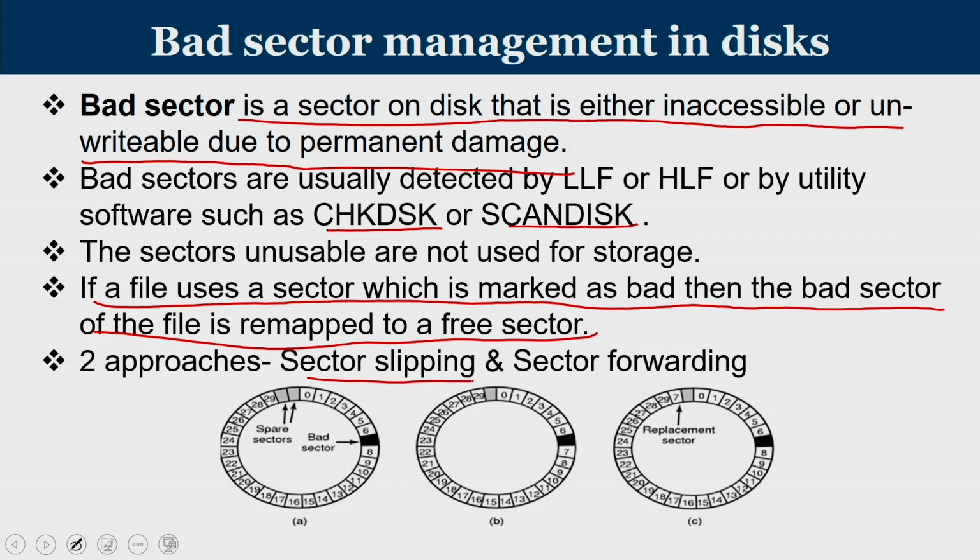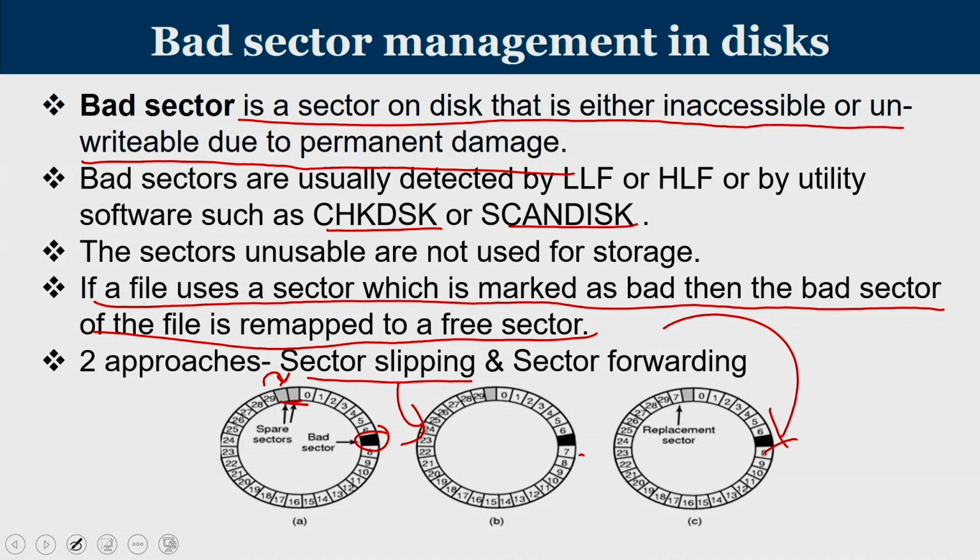One is called sector slipping. So, imagine that your sector number 7 is faulty and you have 2 extra sectors in the same track. They are called spare sectors. If I copy this sector into one of the empty sectors such that everything gets shifted, previously this was 8, so 7 will occupy the place of 8, 8 will occupy the place of 9. So, n will occupy the place of n plus 1 and the last one will occupy one of the free sectors. That technique is known as sector slipping, and here it is known as sector forwarding.